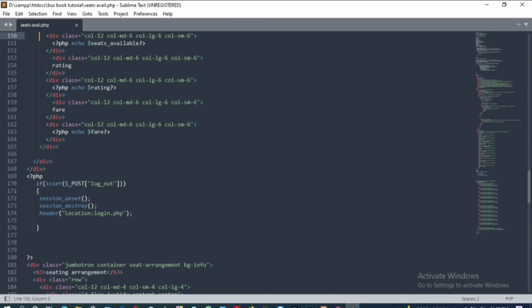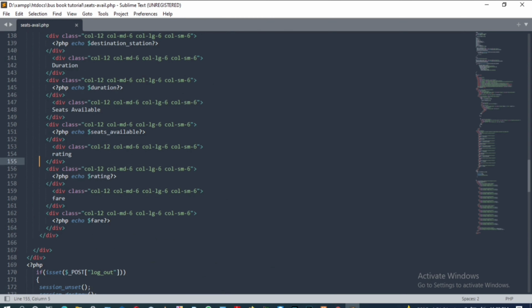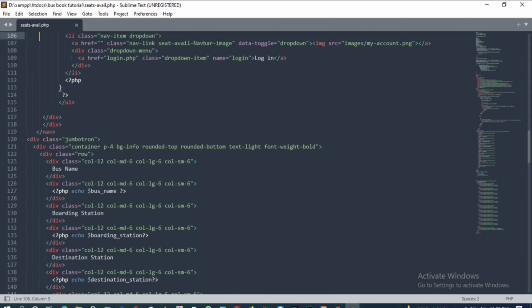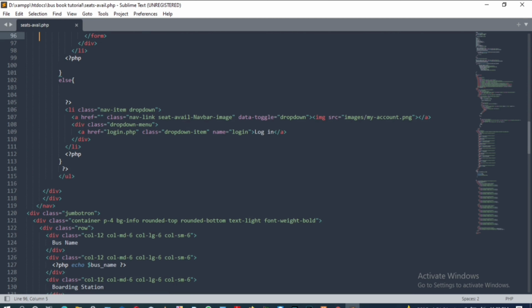Where was that code available? Sorry, I need to first check it out. Okay, here it is. Div class dropdown menu, anchor tag href login.php class dropdown item.